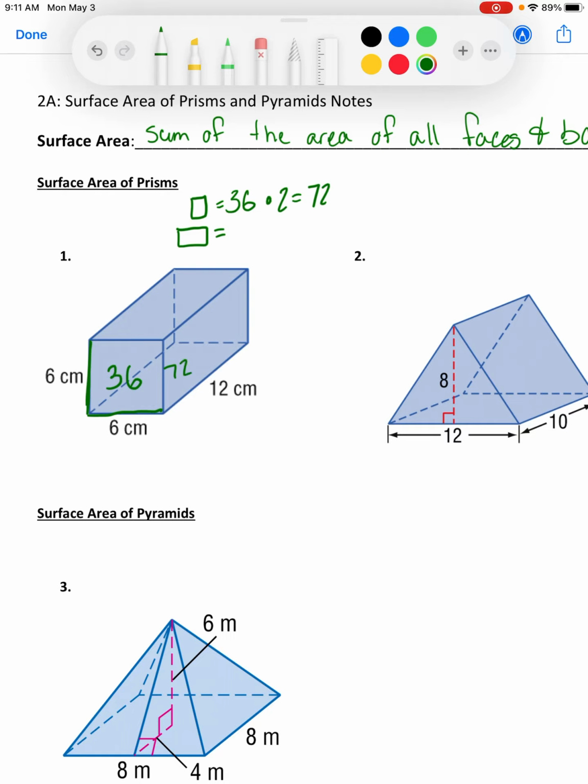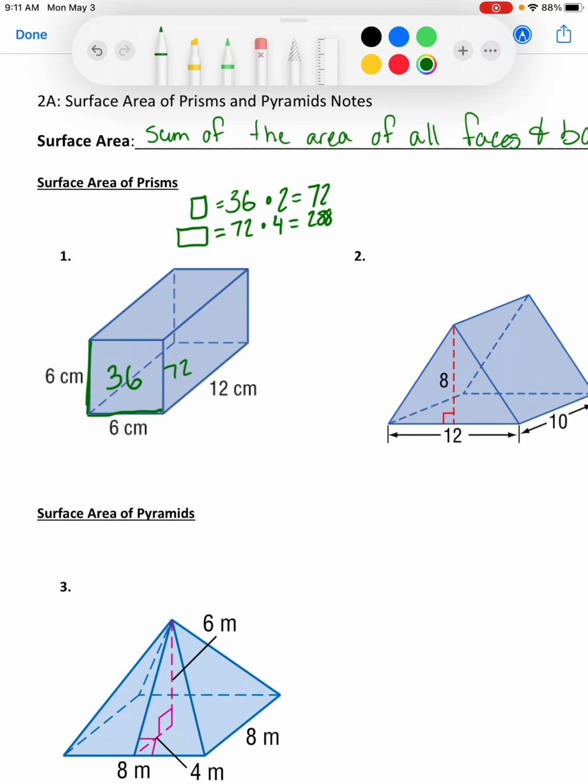So each of these 4 rectangular faces has an area of 72. Our area for one is 72, and we have 4 of them, so we're going to do 72 times 4, and that is going to give us